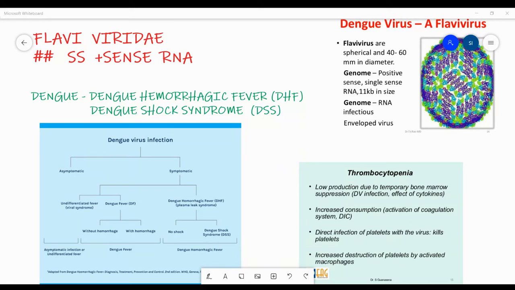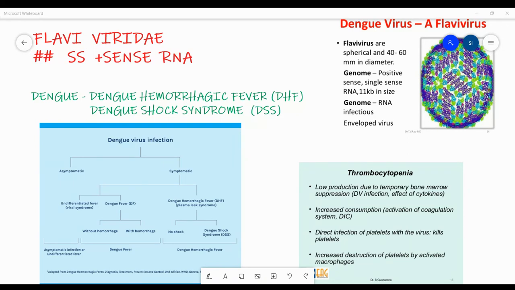Dengue fever. Dengue virus is a flavivirus, a single-stranded positive sense RNA virus belonging to the arbovirus group. So it is transmitted by an arthropod, mainly a mosquito. In this case, it's the Aedes aegypti mosquito, which is the vector. So because of a mosquito bite, the dengue virus